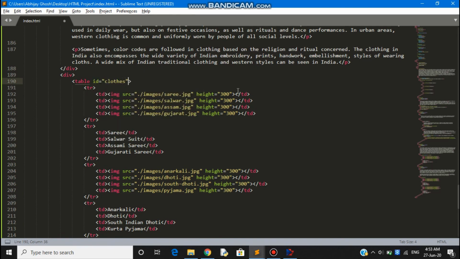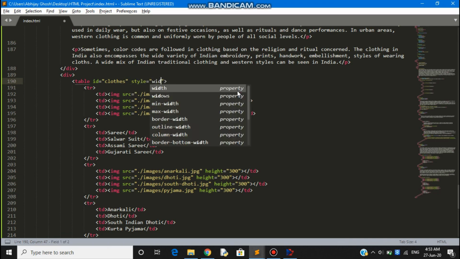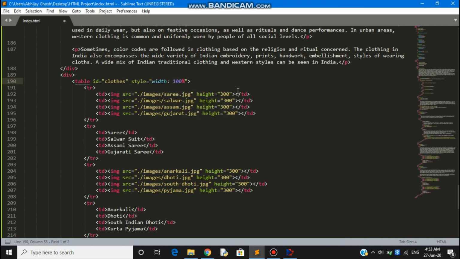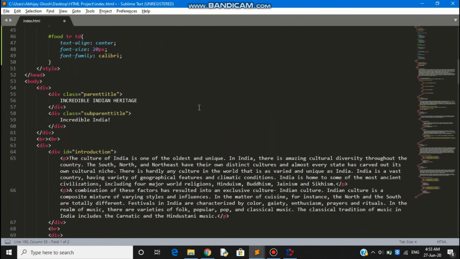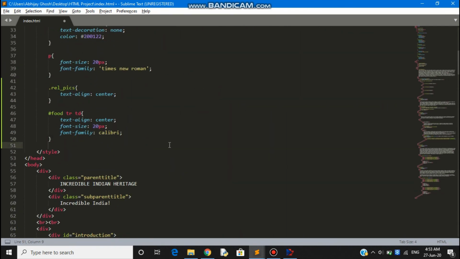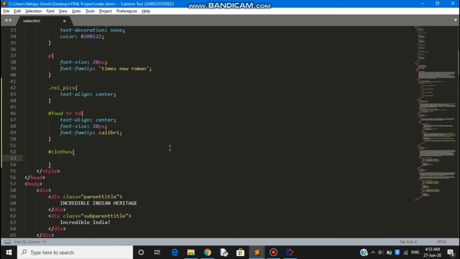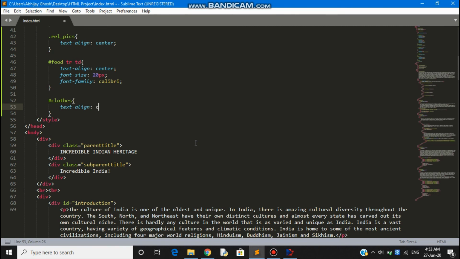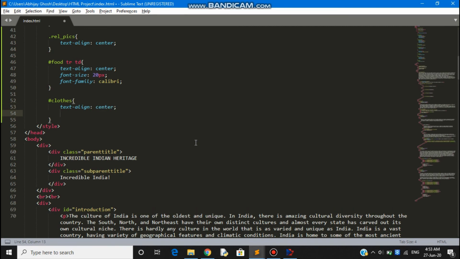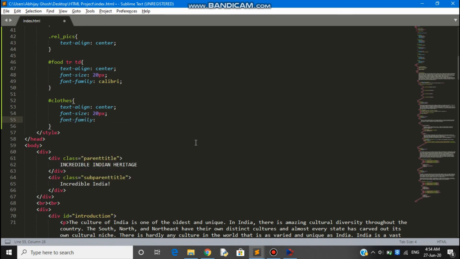Okay, so I have made the changes, saving the changes, checking on the browser. We are yet to add the style, width equal to 100%, and ID to edit the table data.